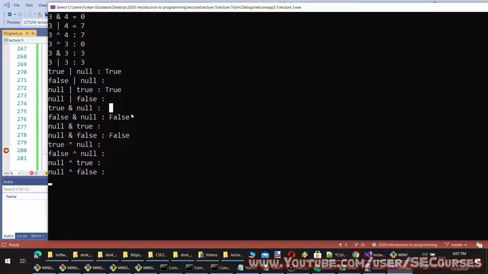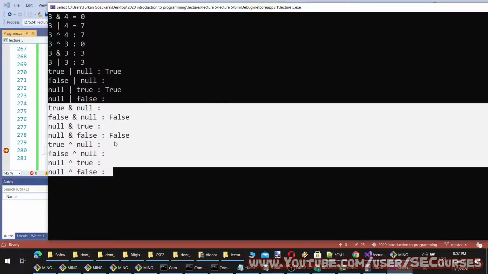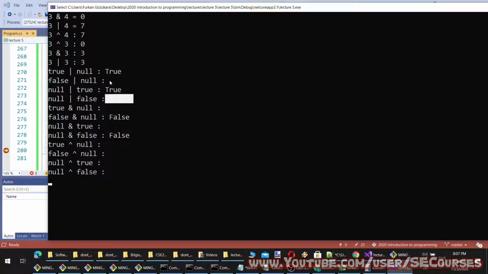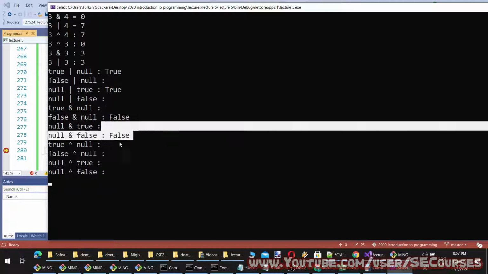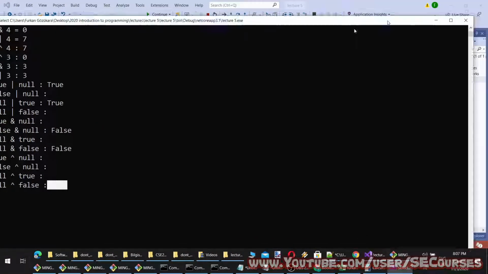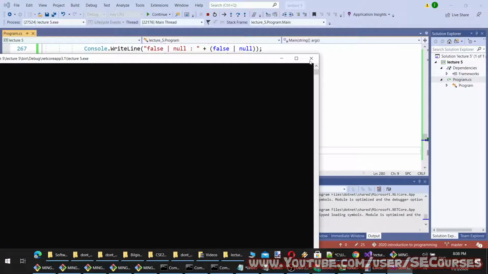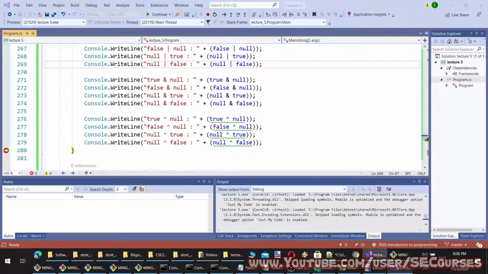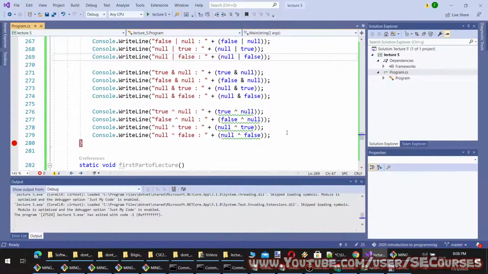True and null is null, false and null is false, null and true is null, null and false is false, and for XOR operation everything is null. So when you see nothing here, it means it is null. Console write line handles it as an empty character. When null is printed with console write line, it prints as an empty character.